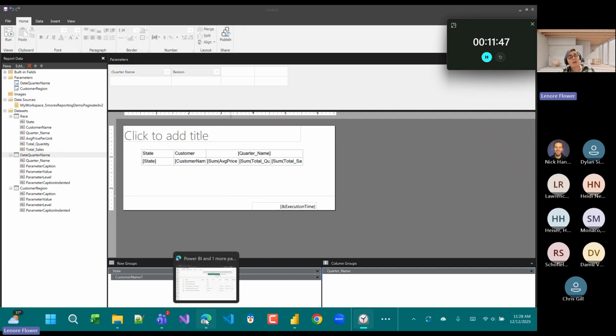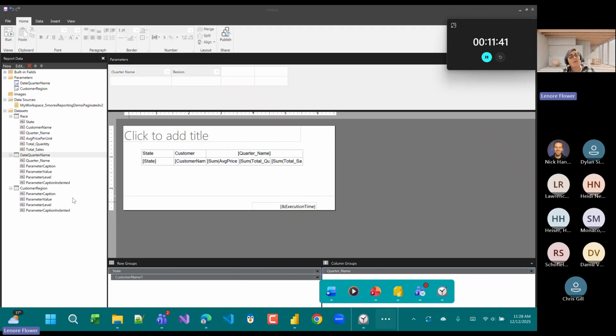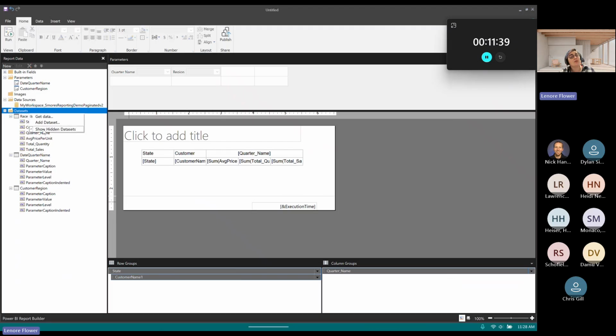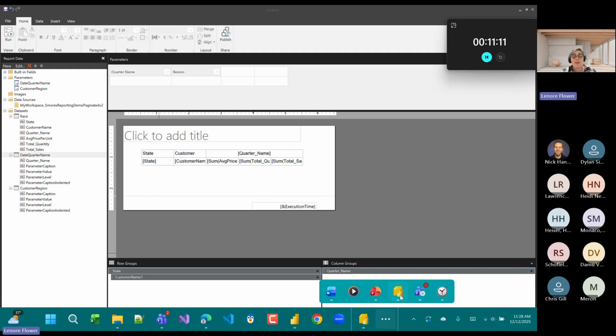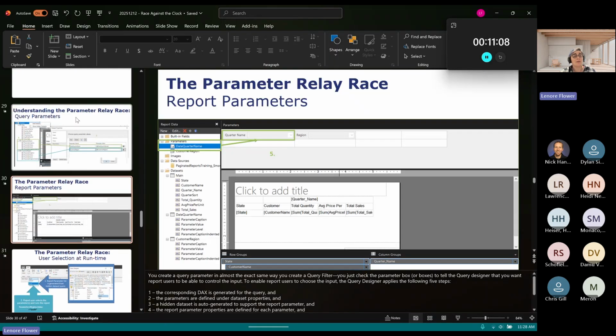Parameters are really hard for people to get their heads around for a couple of reasons. The biggest one is that all of this stuff, if I hadn't gone to show hidden datasets, you wouldn't even know it's here. And when people go through and make adjustments to their reports, such as deleting parameter values, it is really easy for these to have related filtering contexts that impact each other in the datasets, which means all of a sudden you start to get errors for queries that you're not even using. And that makes things really confusing unless you know what's going on.